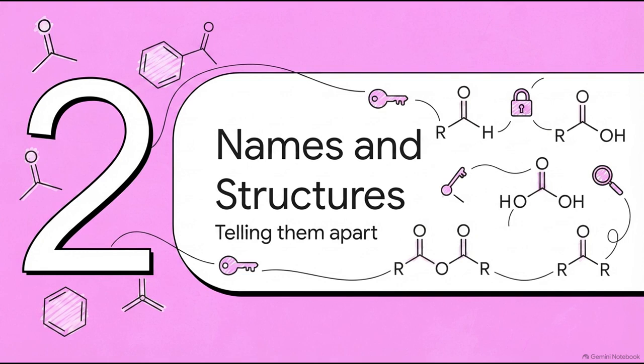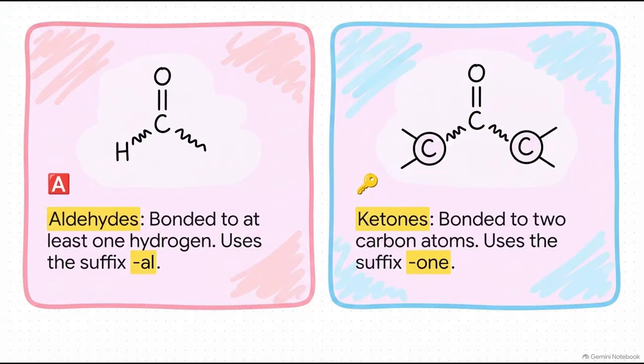If they all share this carbon-oxygen double bond, how do we actually tell them apart? It all comes down to what's attached to that carbonyl carbon. In aldehydes, the carbonyl group is parked at the very end of the carbon chain, meaning it's bonded to at least one hydrogen atom. We name these by dropping the E from the parent alkane and adding the suffix -al,